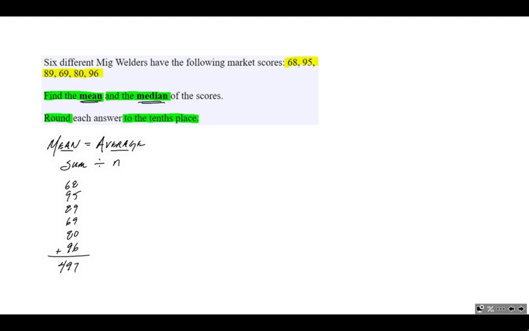So that's our sum, and then we need to divide that sum, 497, by n, or our number of numbers. In this case, 1, 2, 3, 4, 5, 6. We're dividing by 6, or 497 divided by 6, any way you want to look at that. And if you punch that into your calculator, you should get an answer of